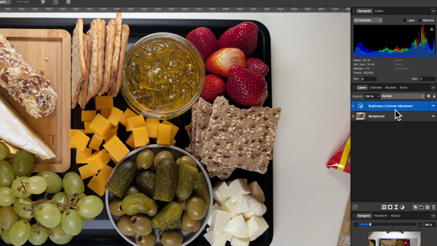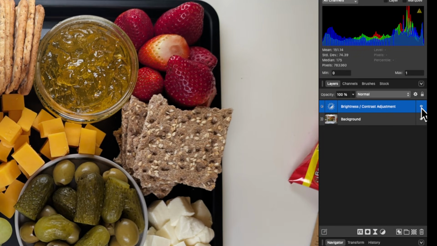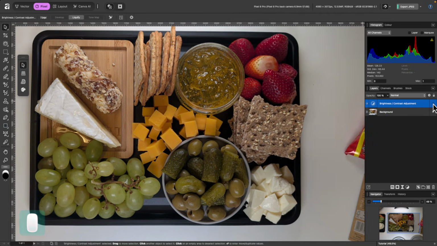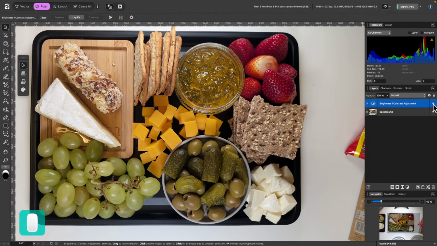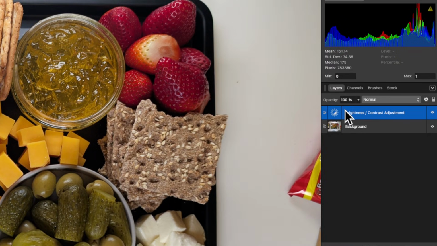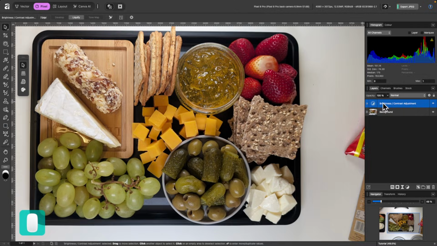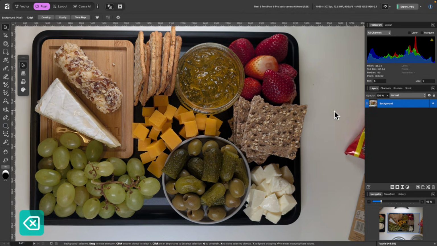Okay, so from here, don't think that there's no way of going back. This is all non-destructive. So that edit, that adjustment we just did is not baked into your photo. It's purely just another layer in the layers panel. So if I go to this eye symbol over here, I can toggle that on and off. So if I just click now once, you can see what it looked like before, tap it again, you can see what it looks like afterwards. And if you feel like you want to edit further, just select the icon here, and this box will open up again and you can make further amendments. If you want to delete it entirely, you can just press delete on your keyboard and it's completely gone.